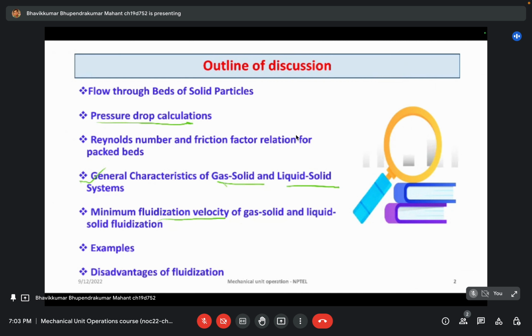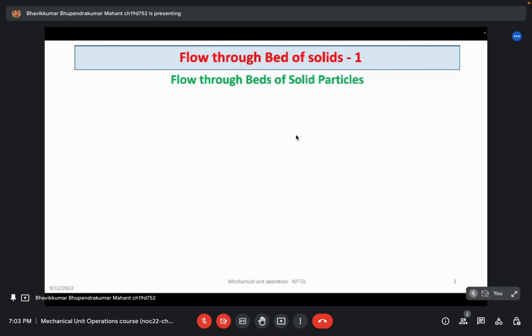Okay, so let's start. First is flow through bed of solids. The first question which arrives in our mind is why flow through a bed of solid particles. We just discussed one solid particle, not solid particles, one solid particle interacting in the fluid